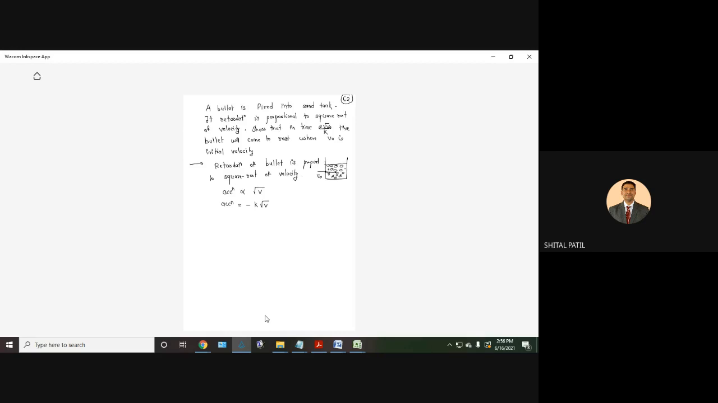Now, which form of acceleration is to be used? We can use it as dv by dt,